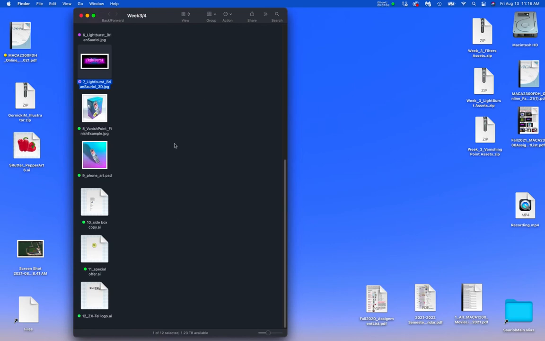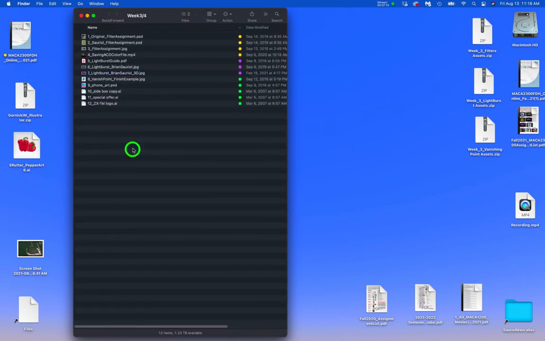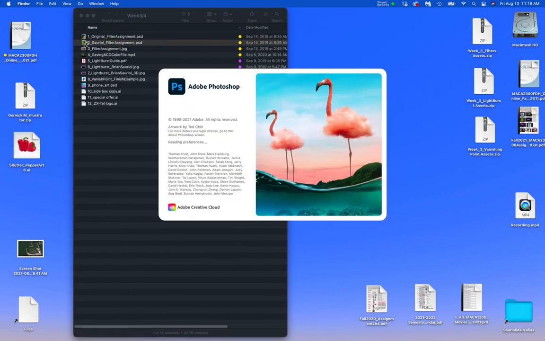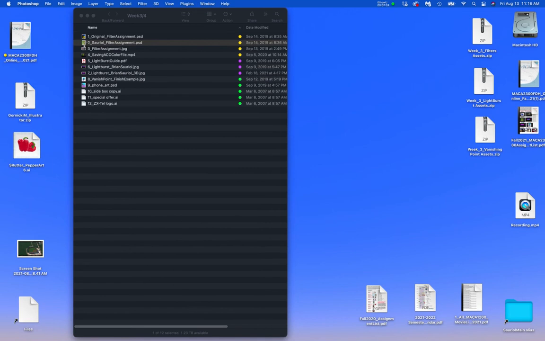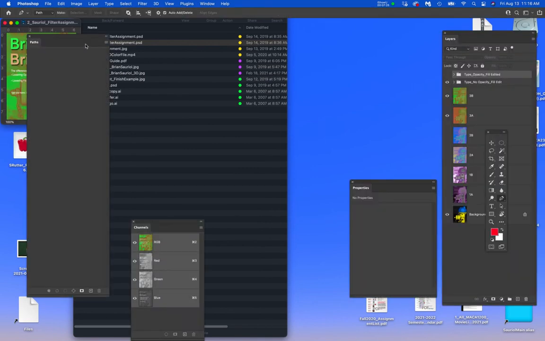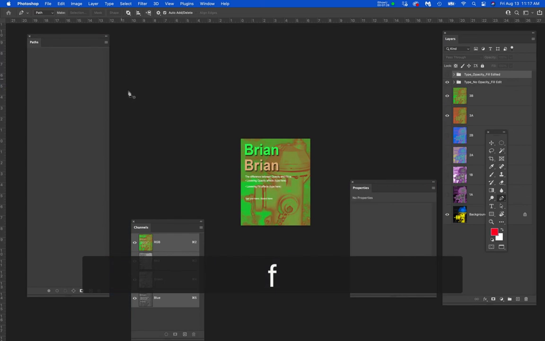Anyway, let me view it by list now. Whoops. Let me view it by list. Okay, so we are going to go into my filter exercise, and I want to describe a couple of things to you while this is opening. As I said, let me hit the F key here. As I said,